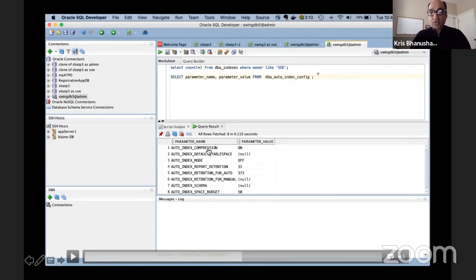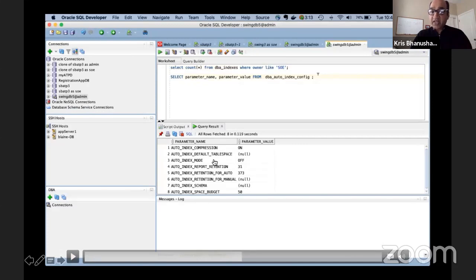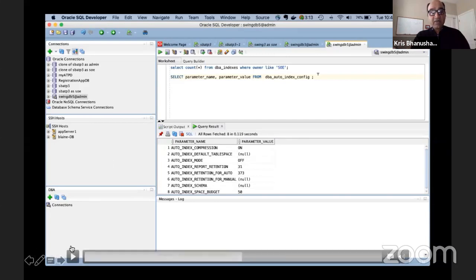These are the various controls I have available in terms of which schema I want to include, how much space do I want to allocate, whether it's a separate tablespace for auto indexes altogether. So that way you have good control over auto indexing not getting out of hand, right? This is some amount of confidence that you need before you eventually settle down and say this feature is doing its job right. But it gives you enough control so that you can slowly get into it without losing sleep.